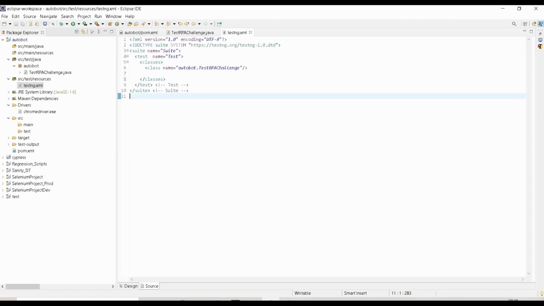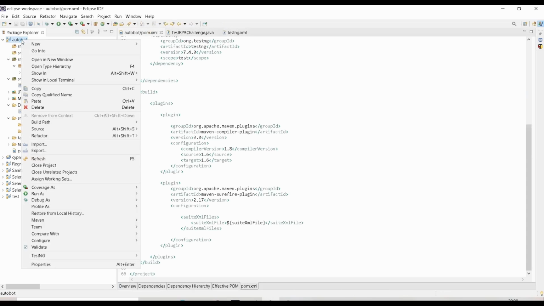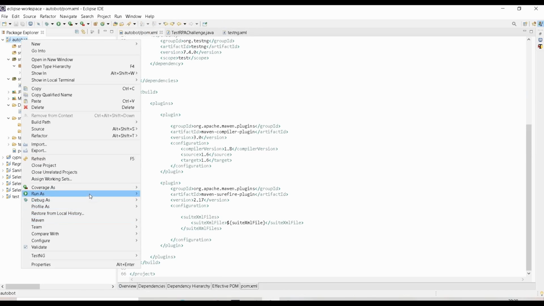what you can do is just go to your pom.xml file, or you can go to the project. Okay, right click and here you can see run as, right? So here what you can do is, if you want to do the Maven test, suppose if you want to do the testing for this project, you can click on Maven test. Okay, so whatever the previous lifecycle phases are there for this project, it will get executed.